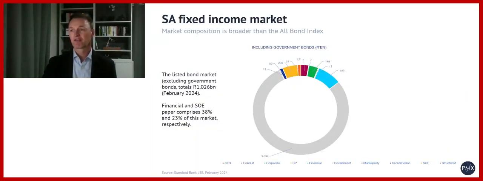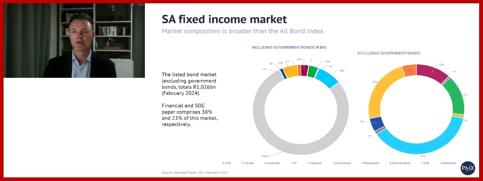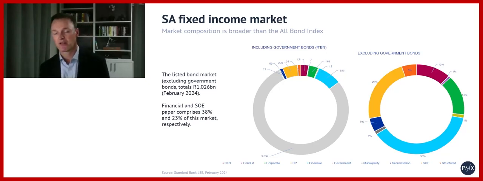Now, if we look at the South African fixed income market, this wagon wheel here shows you the makeup of about 4.6 trillion rands worth of bonds that are listed on the JSE. The grey area here are the government bonds. That is mostly fixed rate government bonds. There's a bit of inflation linkers and a very small amount of floating rate bonds, which I'll unpack again in a moment. But the colored areas here are what we would call credit. So in other words, not issued by government. The yellow area are the parastatal or SOE bonds, which are still mostly government guaranteed, by the way. Importantly, they are also mostly fixed rate bonds.